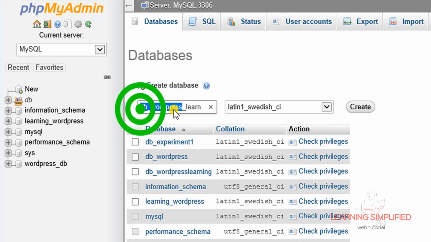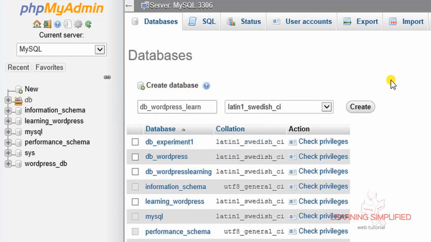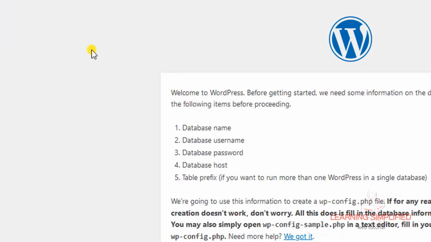So first of all, we have copied this whole database name here, and let's create this individual database. So we have created it. Now we can see that this is the DB WordPress Learn that we have created so far in our project. In the next step, we will be getting back to our